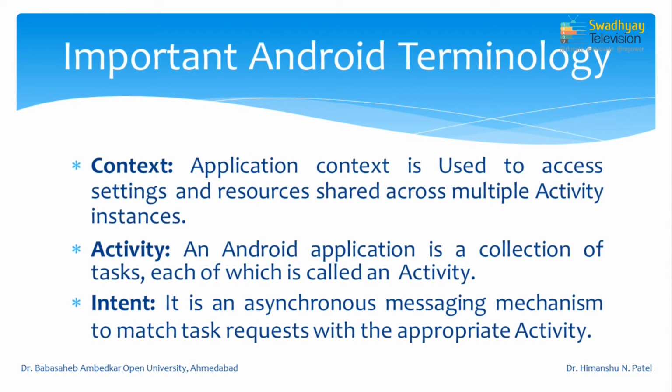What is an activity? What the application performs is specified by an activity. So, we can say an activity is a task performed by the application. An Android application is a collection of tasks, each of which is called an activity. An individual task can be considered an activity. Whatever number of tasks you want to perform, you have to create that many activities, and for each activity you have to specify a Java file.